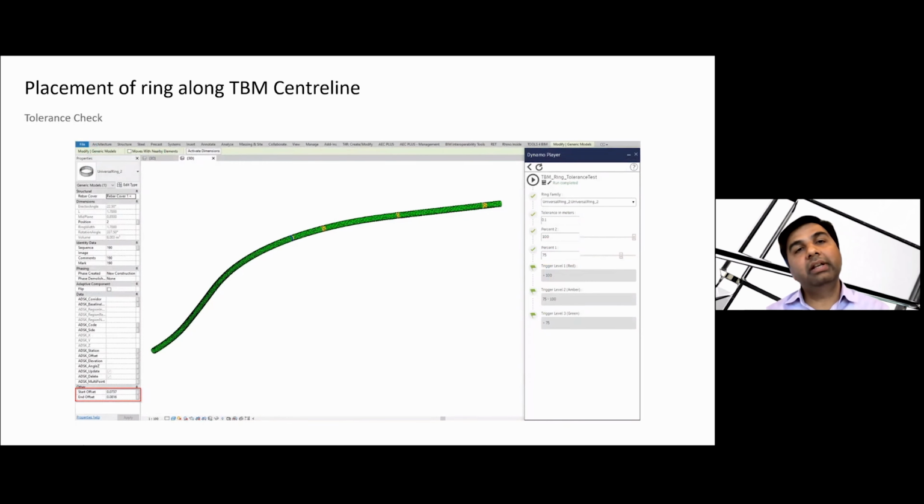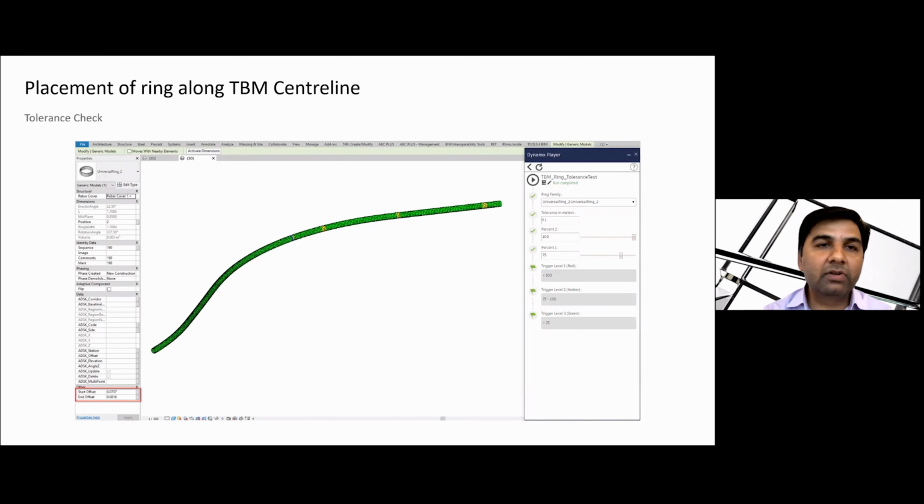Okay, in the next slide, I'm showing that if you model your tunnel, each ring has a start and end offset. We are trying to keep these offsets within the project limits.